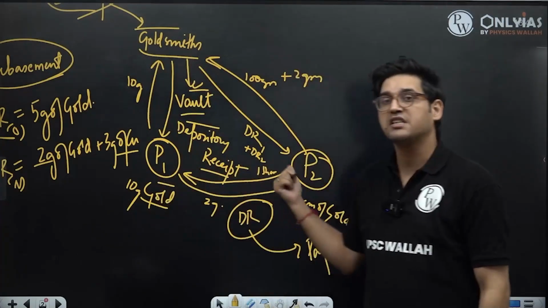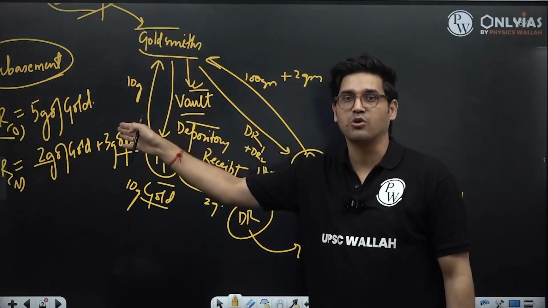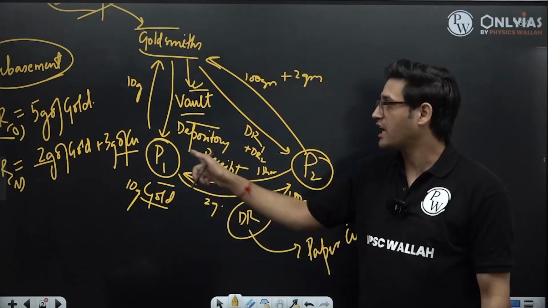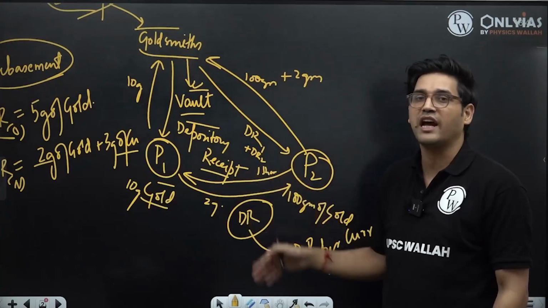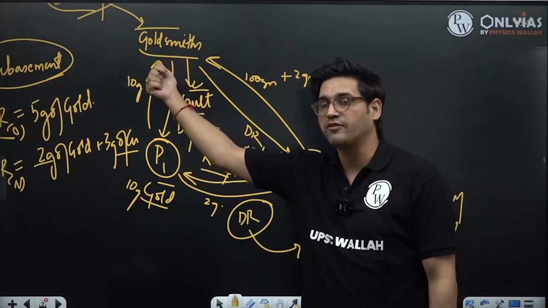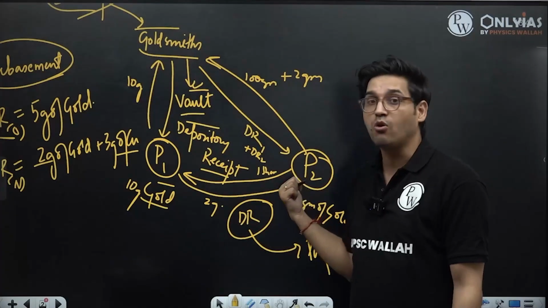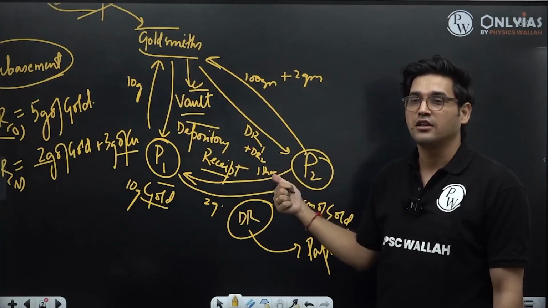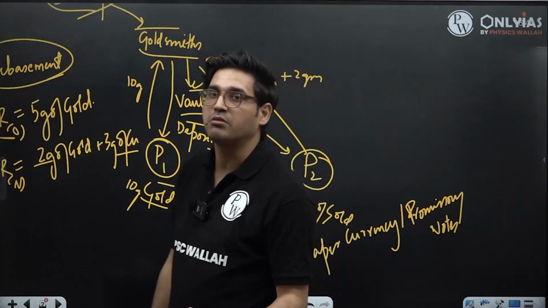Now people very soon discovered that rather than going to the goldsmith first, withdrawing some gold and then taking this gold to other people to buy goods and services, it's much better, more convenient and much safer to go to the other people and, in exchange for gold, give them deposit receipts only. Since deposit receipts are a valid claim on the gold kept with the goldsmith, quite obviously they are as good as gold. If he wants gold and not a deposit receipt, he can take it to the goldsmith and in exchange get the gold back. These deposit receipts eventually became promissory notes, which is what is called paper currency.